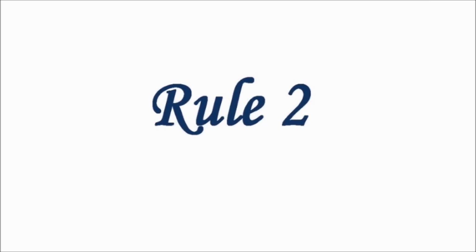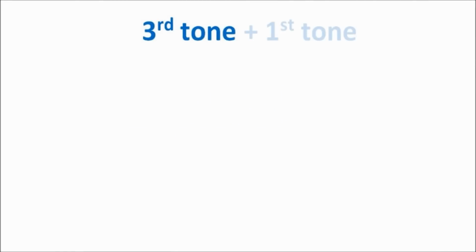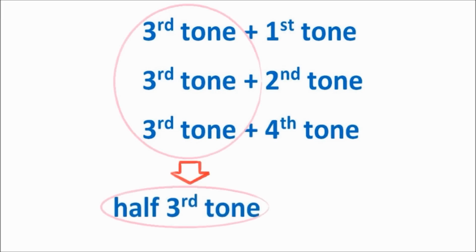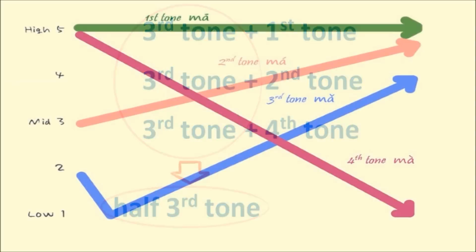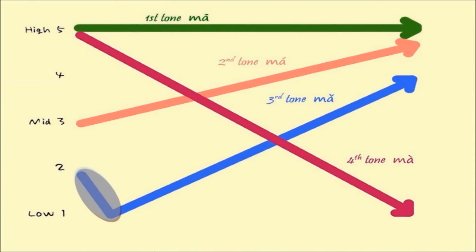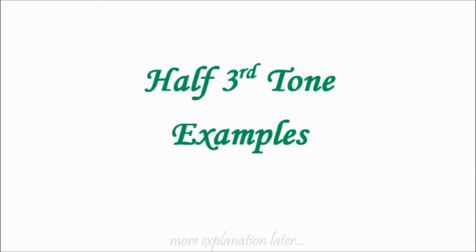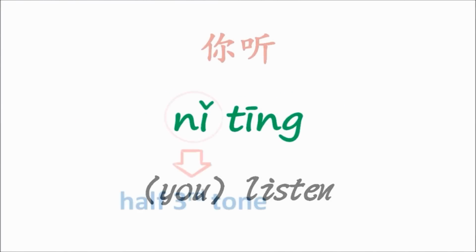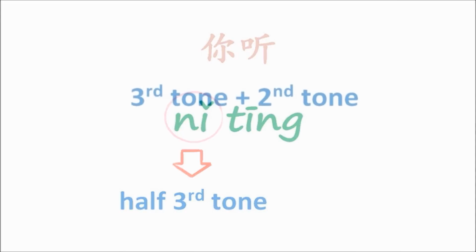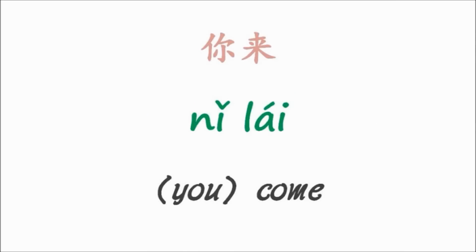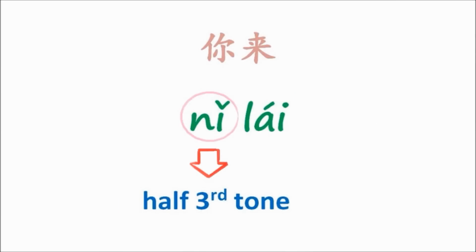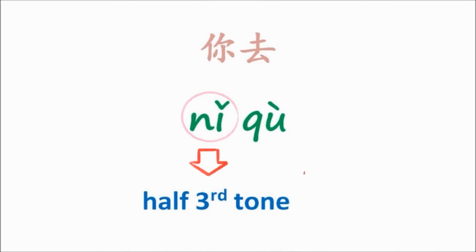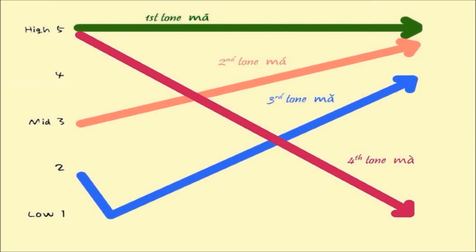Rule number 2. When a third tone is followed by a first, second, or fourth tone, it changes to a half tone. A half third tone is the first part of the original third tone. Now let's have a look at some examples. 你听 你听 你来 你来 你去 你去